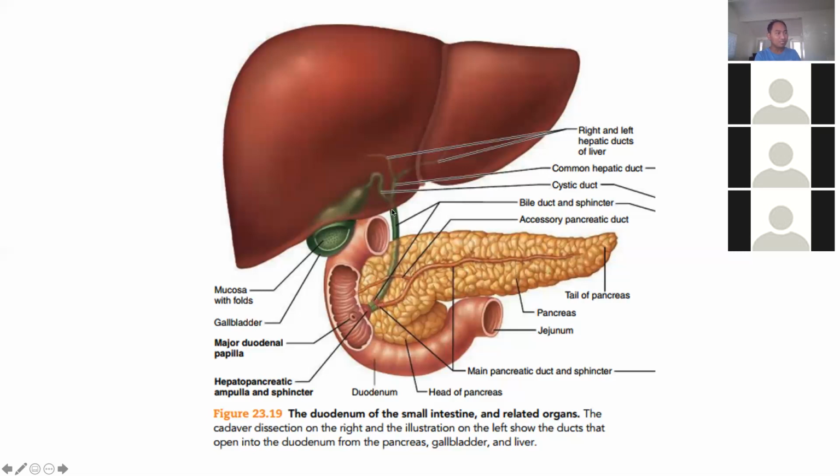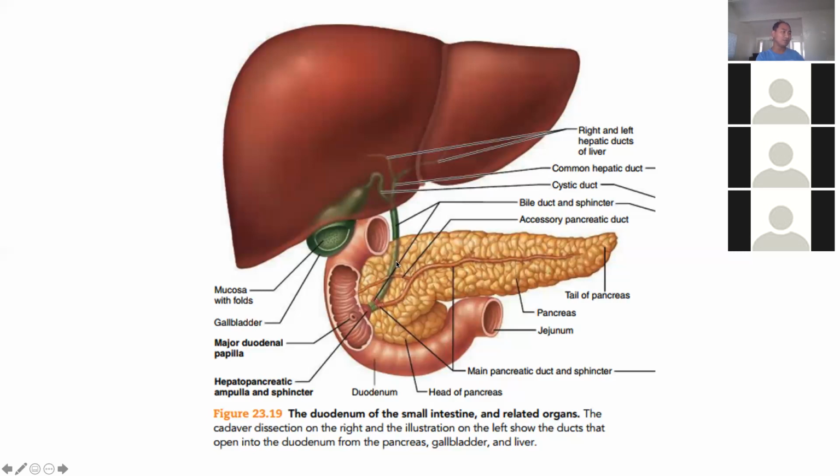That is what we call CBD, common bile duct. And that common bile duct will join the pancreatic duct and finally opens into the duodenum, which is usually the second part of the duodenum. So this anatomy is really important, especially when we get to pancreatitis, the inflammation of the pancreas, because the stone in our gallbladder will get dislodged along the cystic duct into the common